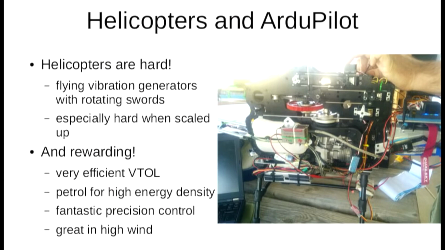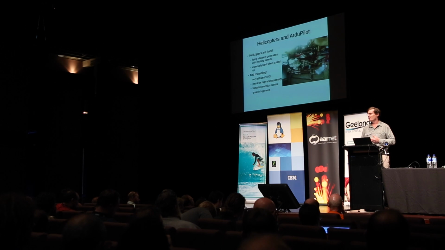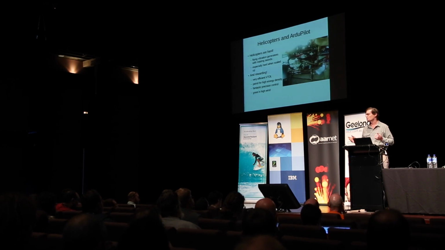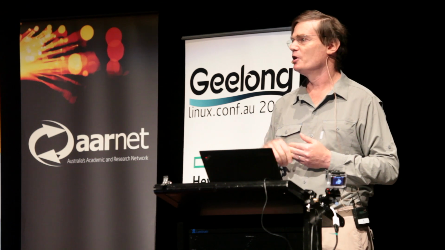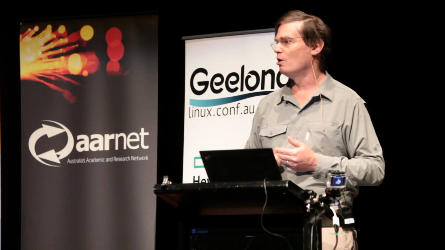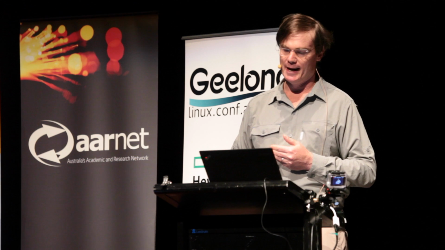The vibrations get really insane. And so, of course, we're aiming for that higher size, where we've got a 50cc four-stroke engine and nearly 2 metres of blade diameter, and a copter that'll probably weigh in at about 12 to 14 kilograms when it's got all its payload on it. So that's towards the larger end of model helicopters.